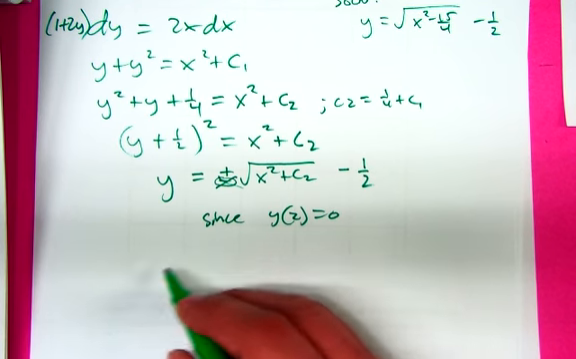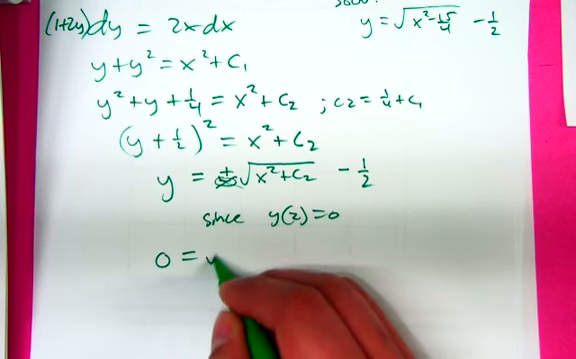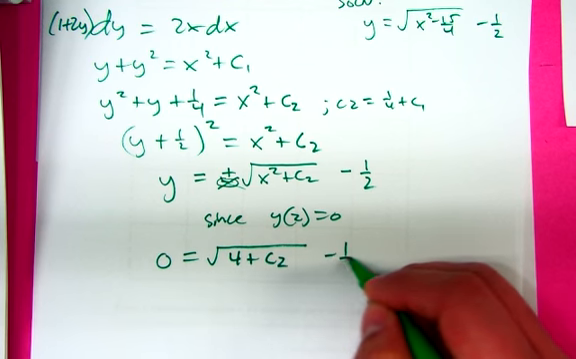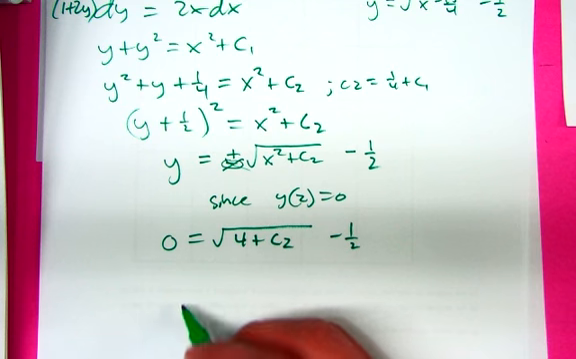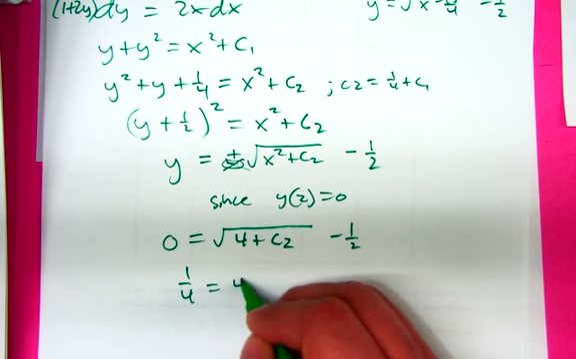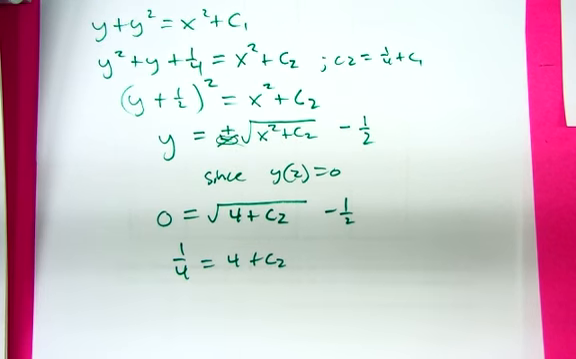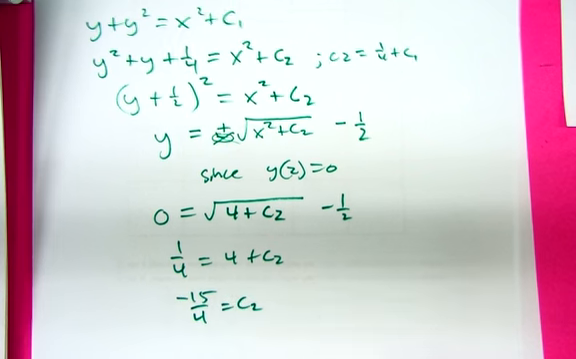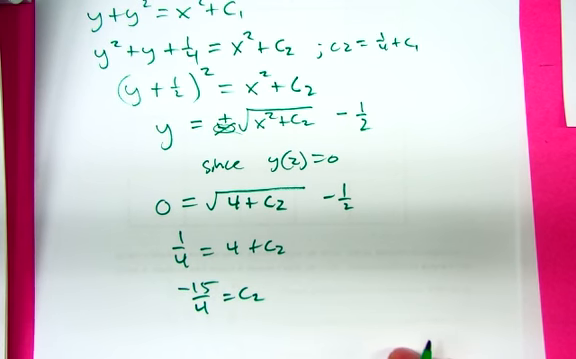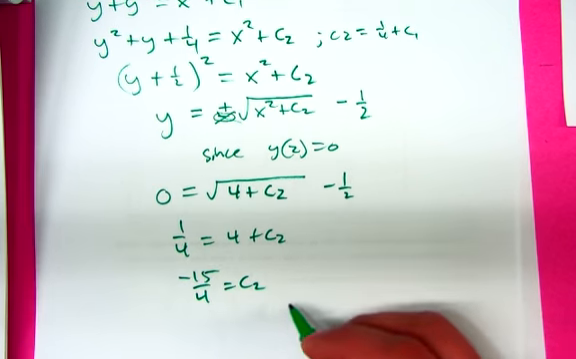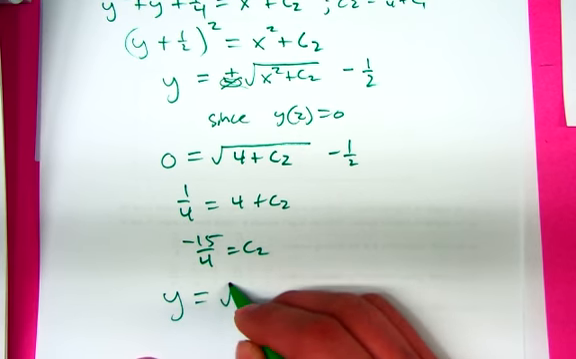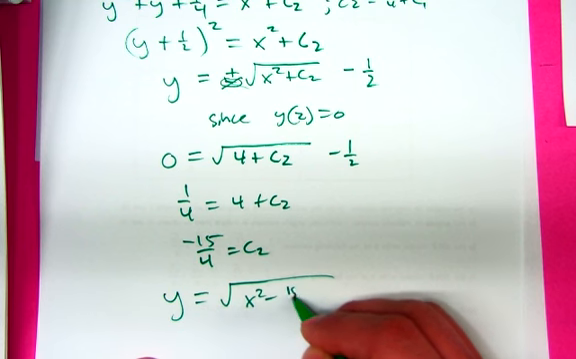So then to find our constant, we just plug in 0 for y, plug in 2 for x. So we add a half, we square it, subtract 4, so 16 fourths subtracted from 1 fourth is negative 15 fourths. So that's the c2 value. That tells us that the solution to the IVP is the square root of x squared minus 15/4